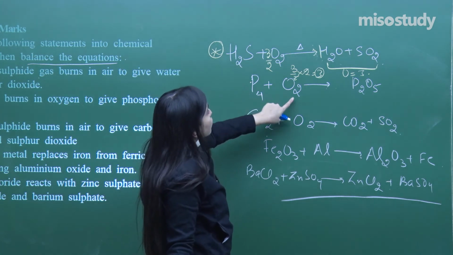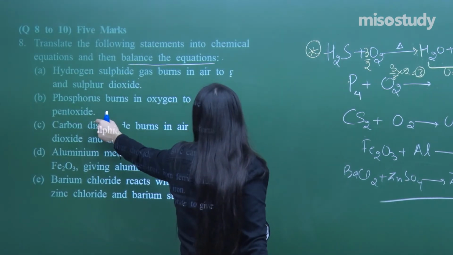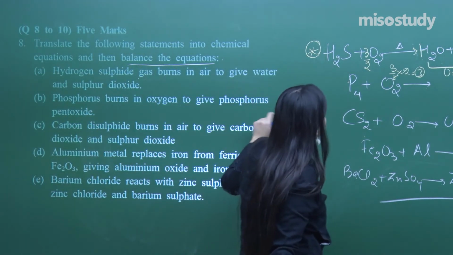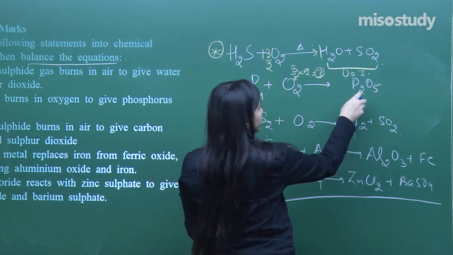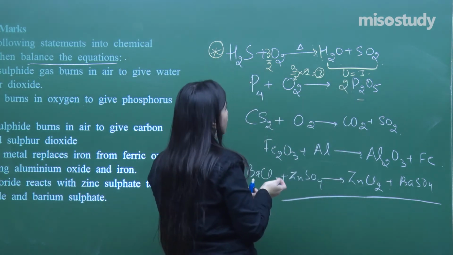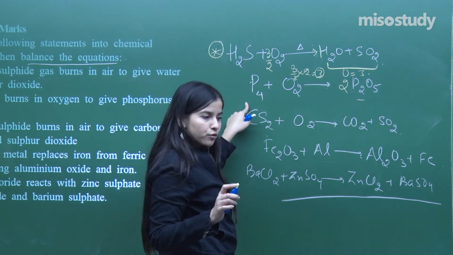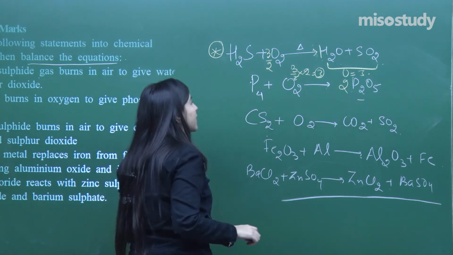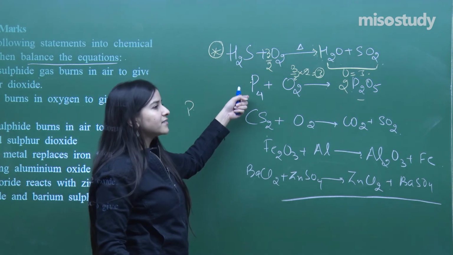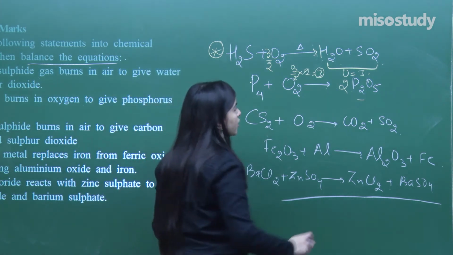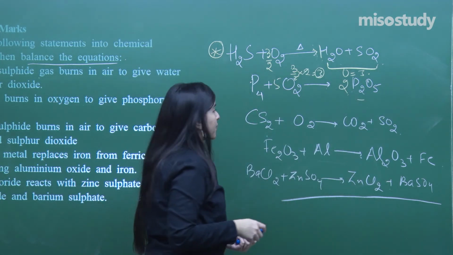Now P plus O2 giving P2O5, phosphorus pentoxide. Pent means 5. Let us make it 4. Usually, here I have represented P as 4. You could have represented this as P as well, but usually phosphorus exists in the form of P4, so I have written like this. Twice, that means 2 5s are 10. So, I need to make this 5 and this is an entirely balanced equation.